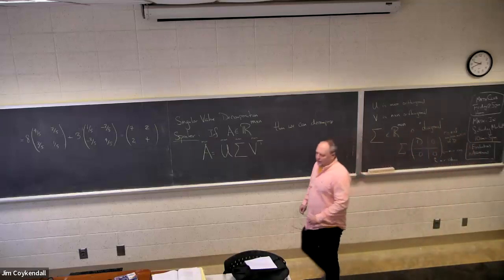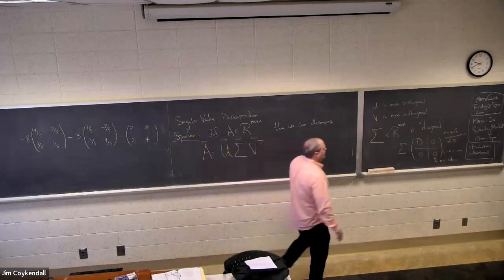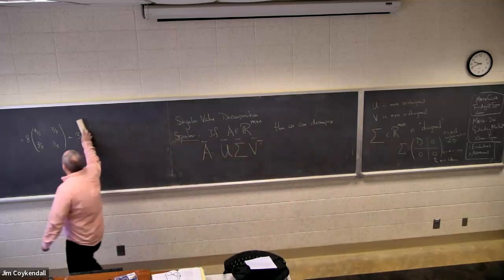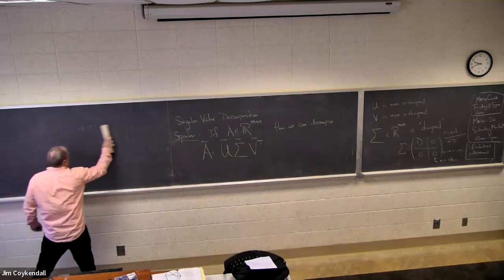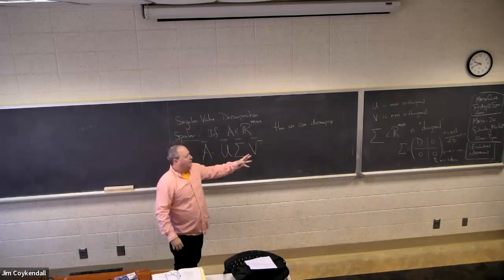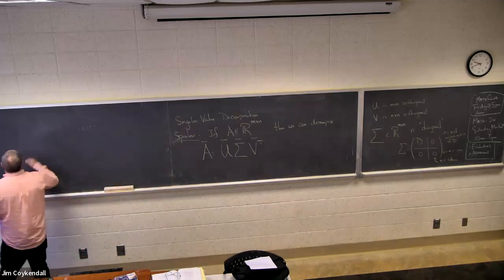Let me just draw you a picture of this. Let me give you a couple of examples so that we can get a feel for it. Let me give you some examples of non-square. I for sure know what it means to be diagonal in a square matrix, but for example,